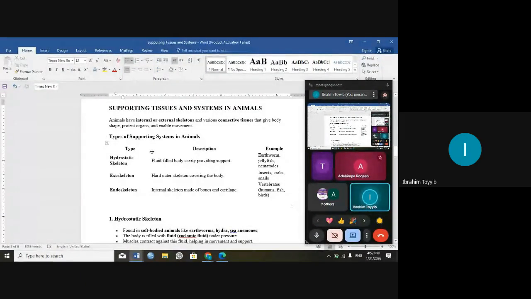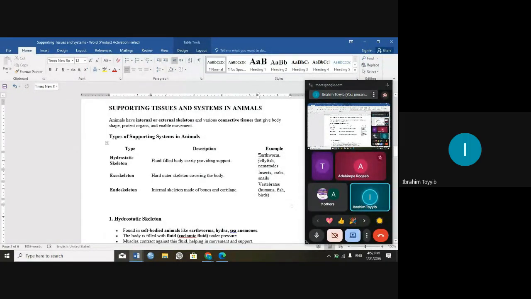So we have three types of skeleton in animals. I've told you, skeleton is the bony framework of the body. It can be asked, you see it's in objective. So the three types of skeleton that we have, the first one is the hydrostatic skeleton. This type of skeleton is a fluid-like skeleton which fills the body cavity of the organism. Example, earthworm,